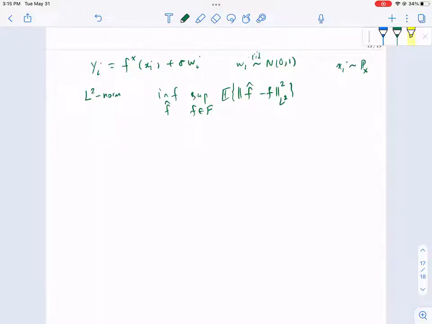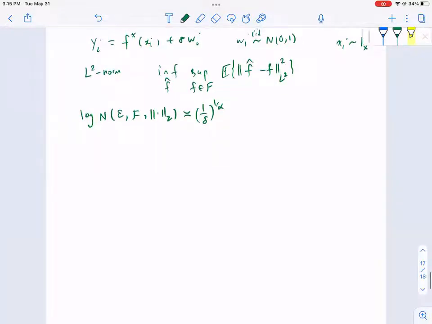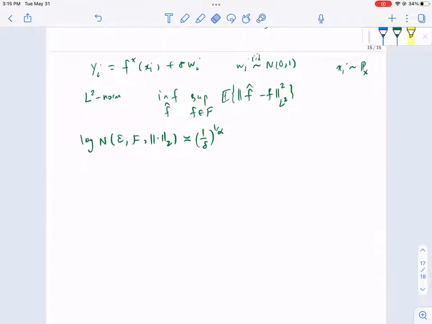And if you have some sort of entropy number of the class of functions, your function class F, let's say delta, F, and the L2 norm is like 1 over delta to the 1 over alpha. So for example, for the Lipschitz class, this is going to be 1. We have shown it in the infinity norm, but over a bounded set, it would be the same. So if you have something like that, then what you would do is